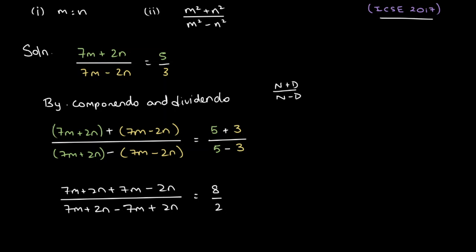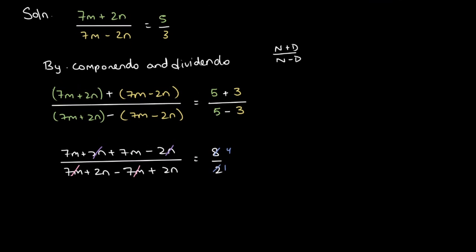Okay, let's cancel the terms that we can. In the numerator, +2n − 2n gets cancelled. In the denominator, +7m − 7m gets cancelled. And in the ratio, 2 1s are 2, 2 4s are 8. So what does this add up to? 7m + 7m makes it 14m divided by 2n + 2n makes it 4n, and that is equal to 4